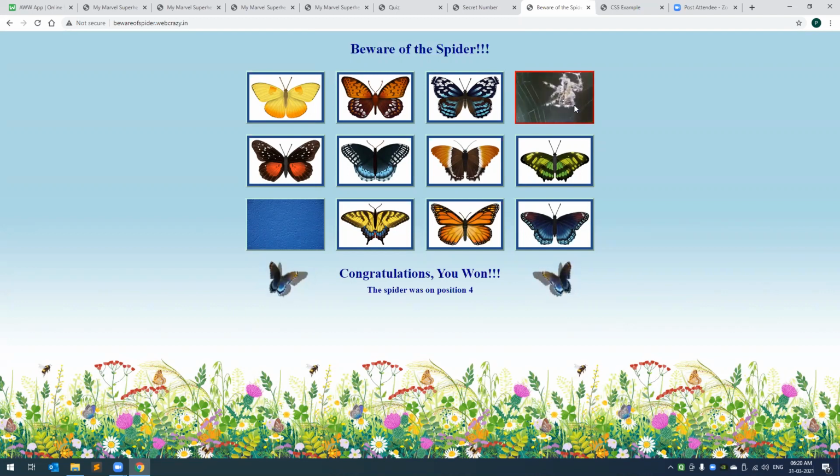And when we make this game, it is not necessary that you do the same thing of spider and butterflies. You can think of your own topic. So I've had kids in the recent time do it with flags of different countries, and they have found the Jolly Roger, that is the pirate's flag. I've had Christmas presents, and instead of the spider, I think they opened a broccoli or something once. And of course, we have expensive things and a lump of coal in your stockings or stuff like that. You can do any topic. You can continue with the same topic if you want, or you can create any other topic that you want.